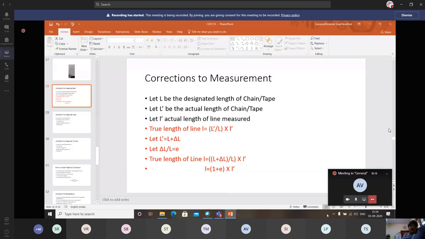Then we were talking about what is called a mile. How much is a mile in terms of kilometers? 1.609 kilometers is 1 mile. Okay, then we have a concept called the nautical mile. The arc of a circle subtended at the center of the earth with 1 minute separation is what is called 1 nautical mile. That is the concept which has been used in aviation as well as ocean travel.